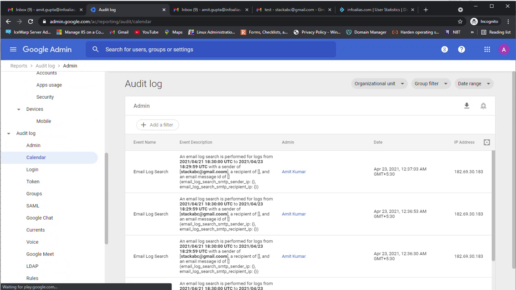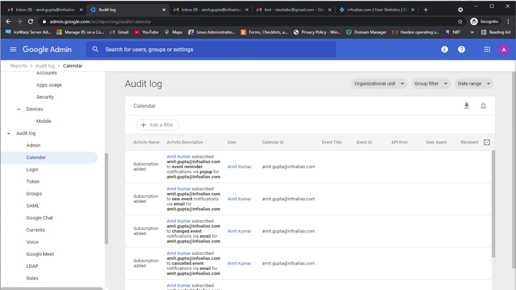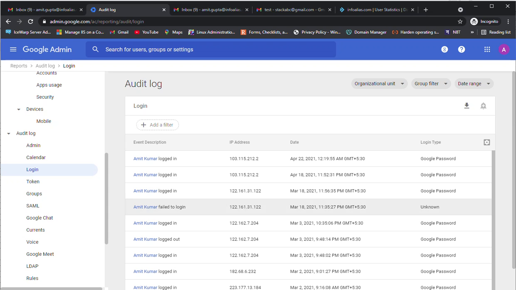Next is the calendar. In the calendar, here you can see the calendar related logs. Amit subscribed to event reminder via pop-up kind of things. So all these subscriptions which are added by the administrator can also be monitored inside the calendar. Similarly, you can audit the logs regarding login, and if Amit has logged in from any specific public IP addresses, you can verify it.